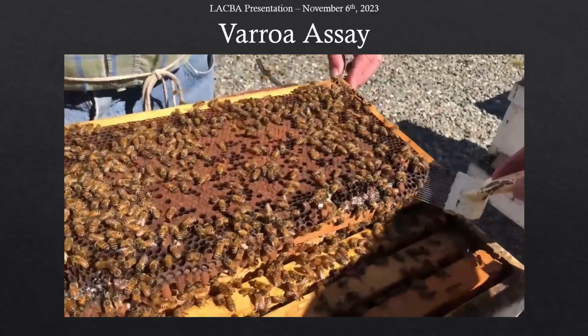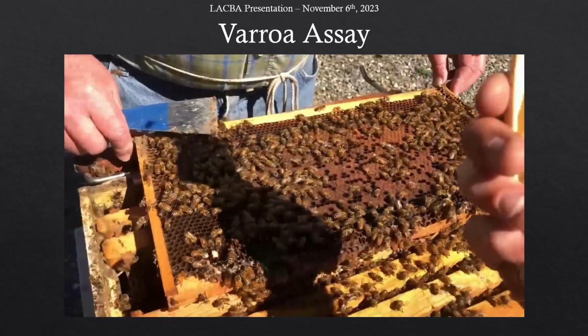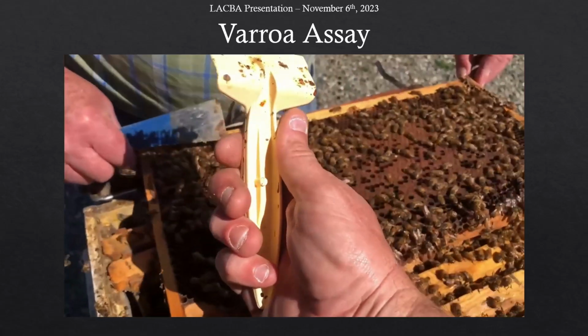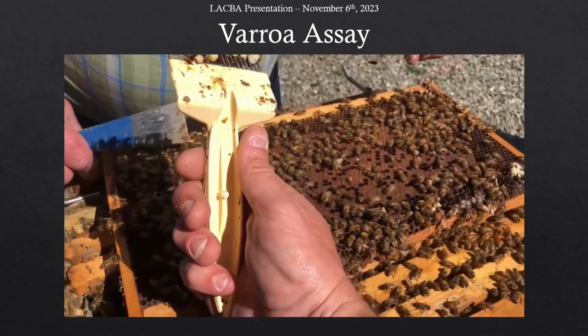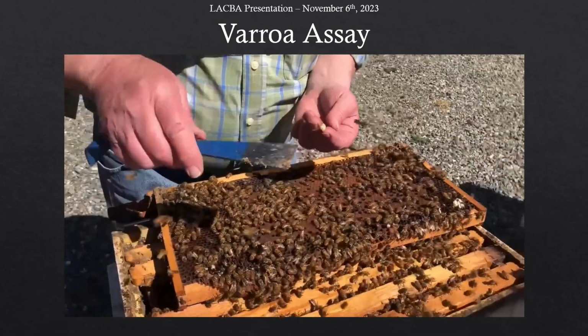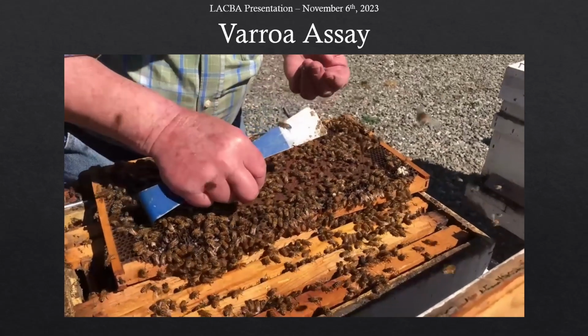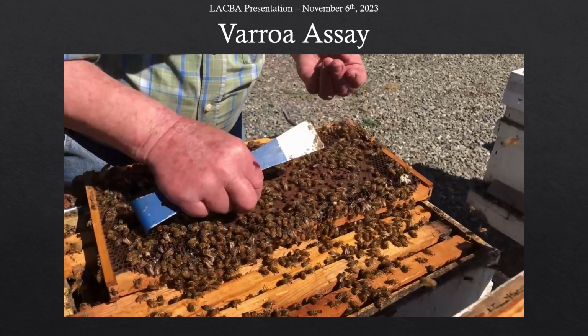So we find a place on the brood where there's a good set of drones. Then I check at least 50 to 100, depending. There I find a varroa on a pupa, so I do a count on that. But I also use it as an assay, a varroa assay. It could be for mite biting, or it could be for grooming behavior. This particular one is for grooming behavior, so just watch when I